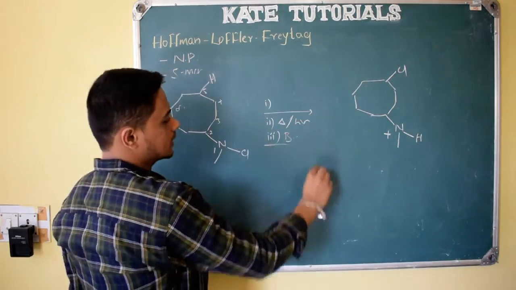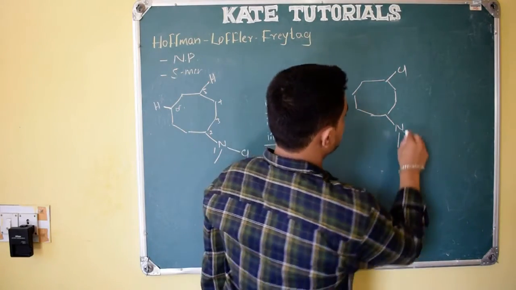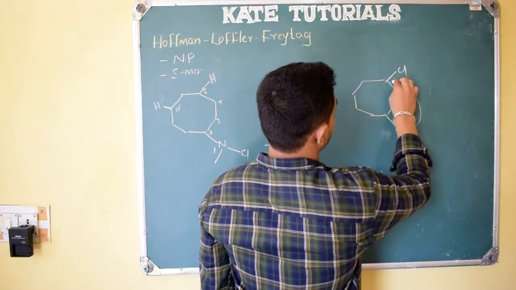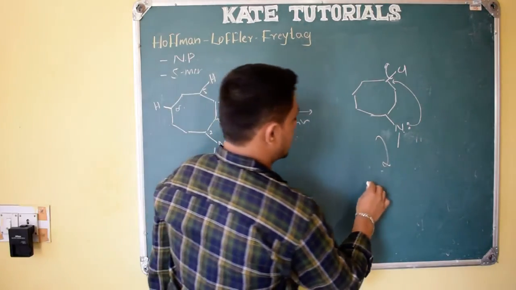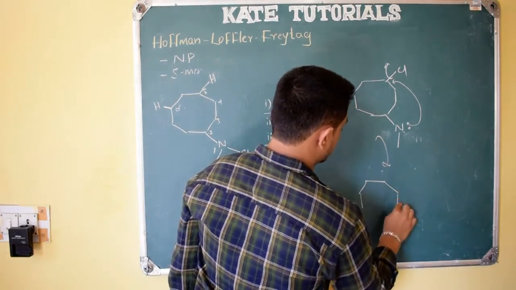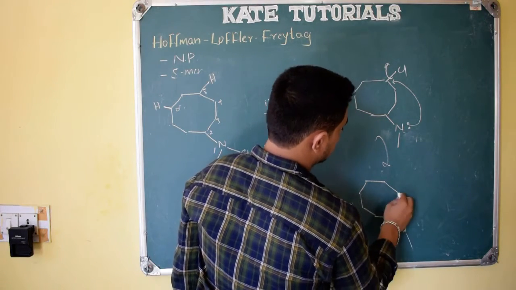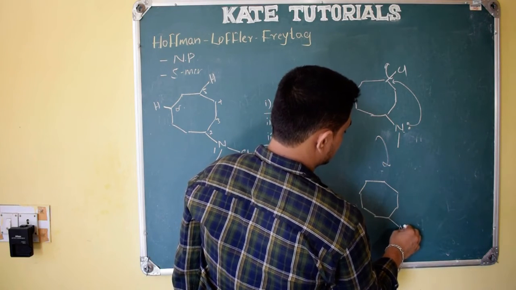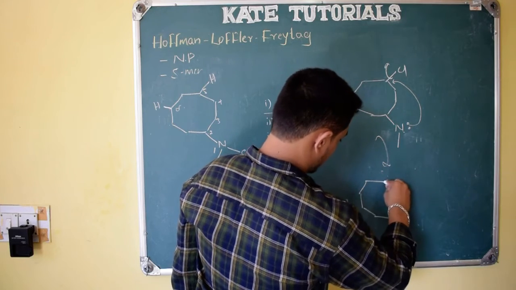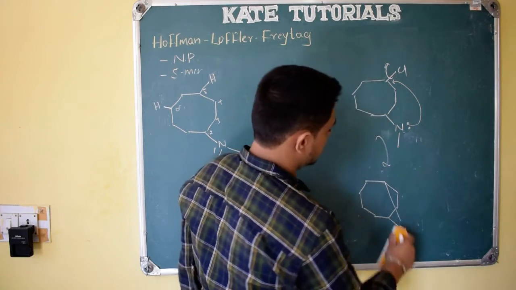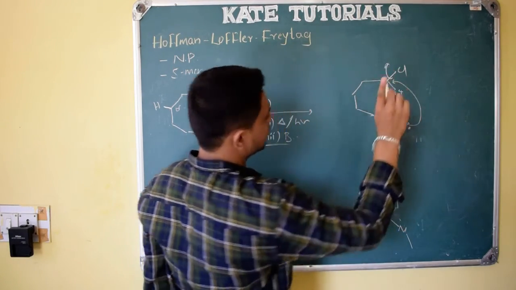In the presence of base, third step, what happens? It will take this proton and the nitrogen gets its lone pair of electrons back. Then it will do an SN2 reaction. So this is the intermediate and I am going to write the final product. It will form a 5-membered ring. Nitrogen, and here it has methyl, and here the bond is there. Chlorine should be here, so this bond it will form. If I draw it, it will be a 5-membered ring: 1, 2, 3, 4, 5.